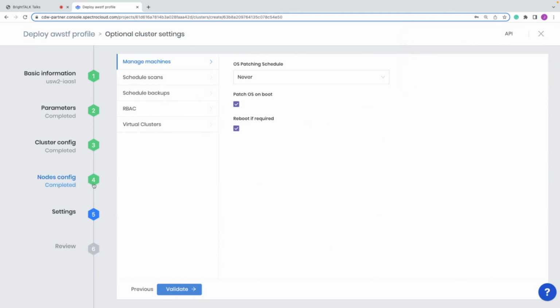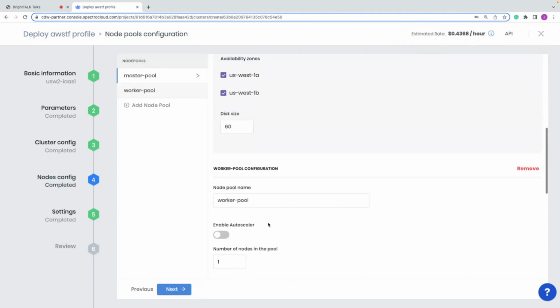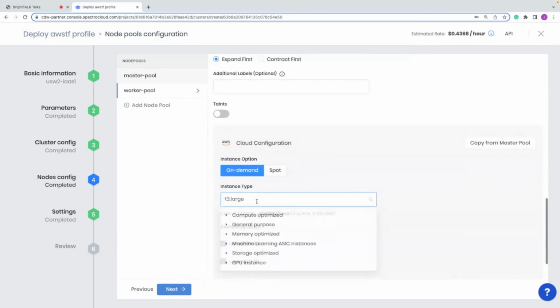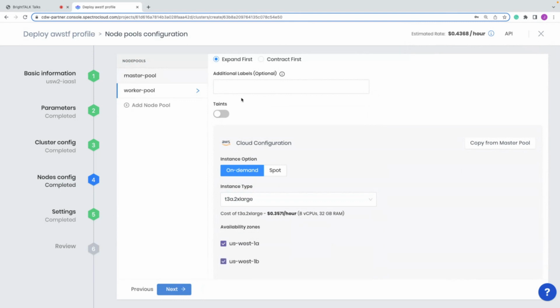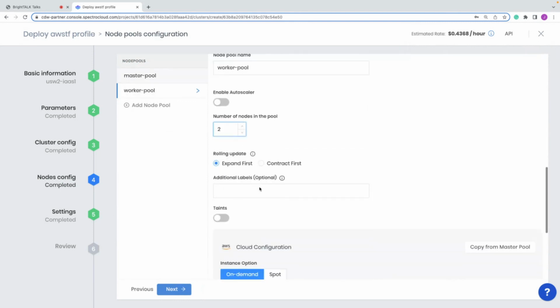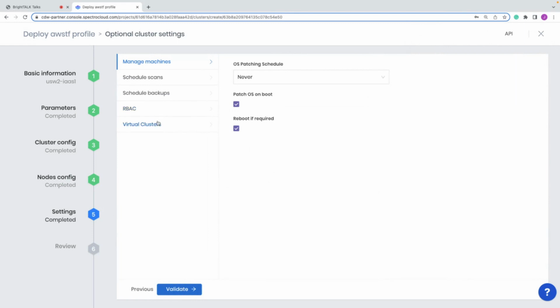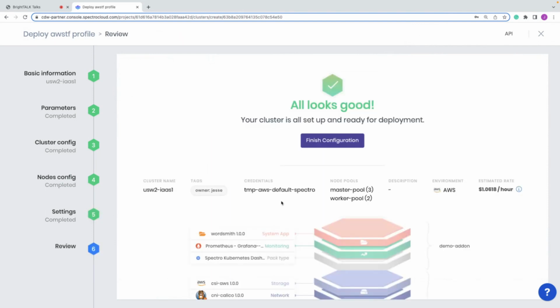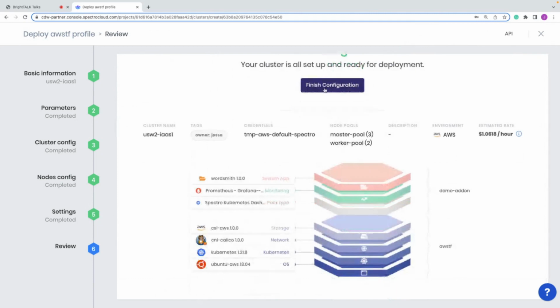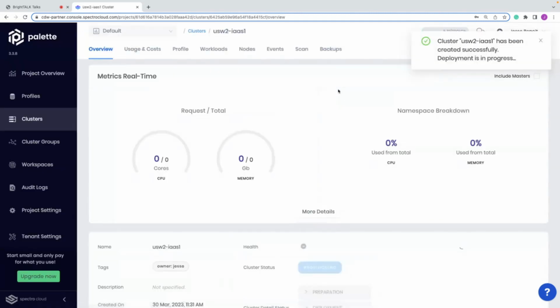So I could just go back, take a look at my node configuration. Perhaps I change it. Maybe I go to a T3A 2x large, and maybe I want 2 nodes. Then maybe I want to deploy virtual clusters so that I can use this infrastructure that I have here for my developers that don't want to spin up Kubernetes. We'll get into that in a minute, but want to spin up and test their application. So now when I do the flight check, now it knows that, oh okay, you do have the appropriate resources. So we'll finish that configuration there.